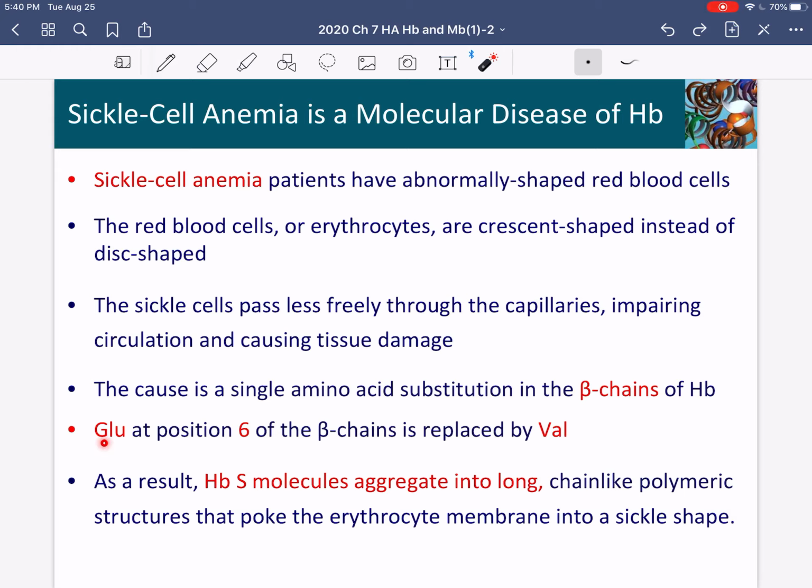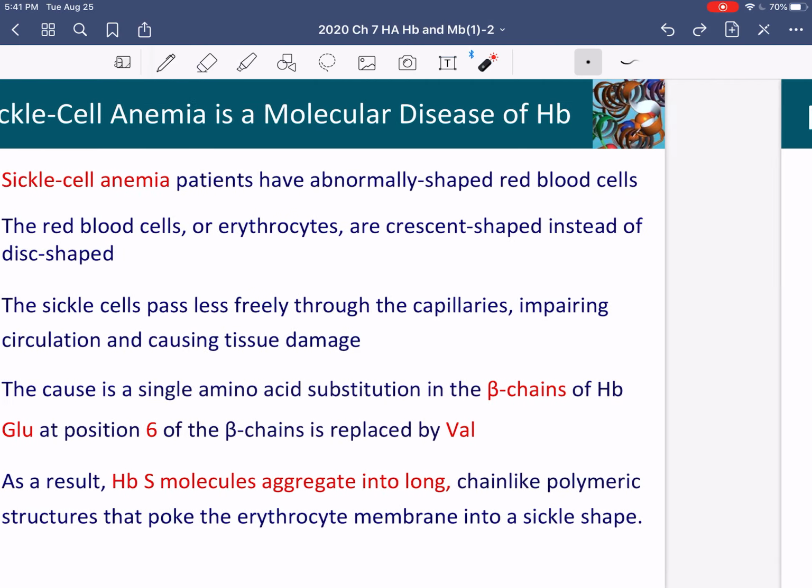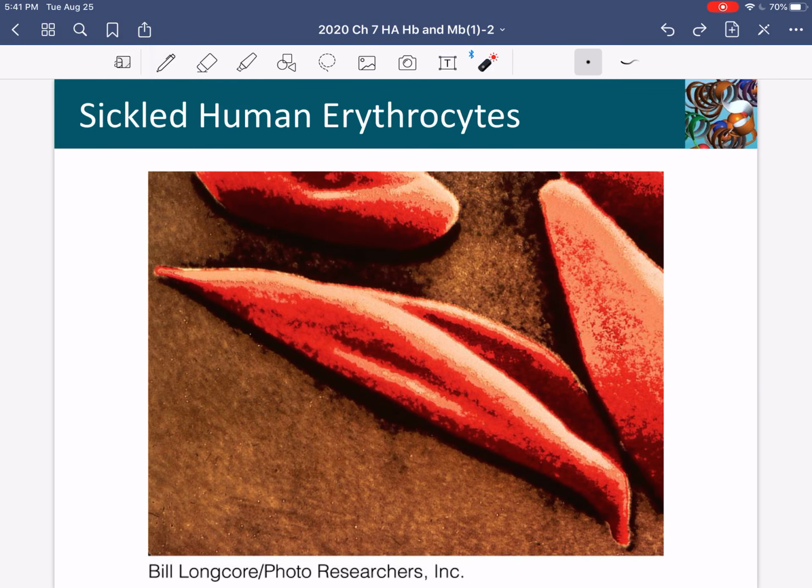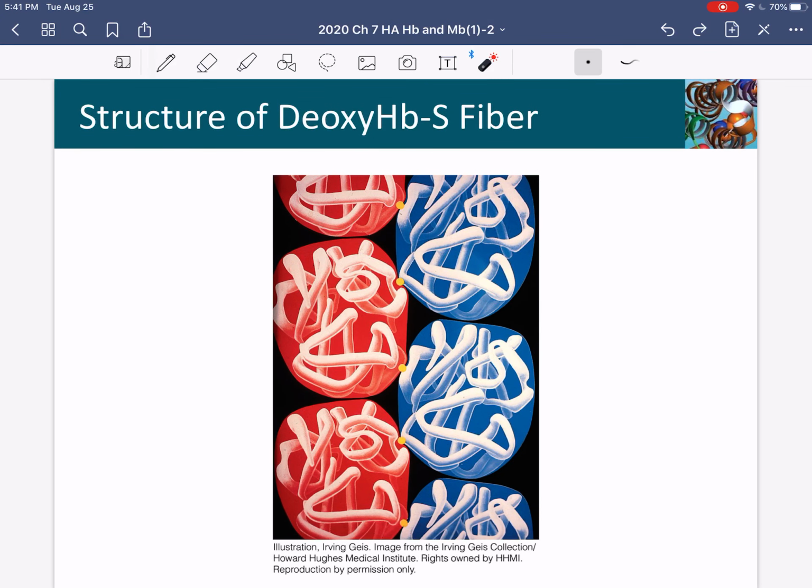And remember, it's a single glutamic acid to valine substitution that's affected at the DNA level that leads to this substitution, of course, at the protein level, which leads to sickle cell anemia. These are healthy red blood cells. They have that donut-like shape, and their job really is to just transport around a whole lot of hemoglobin to your tissues. This is what a sickle cell looks like here, and it's pointy like this because if you open it up, you see fibers made up of hemoglobin.